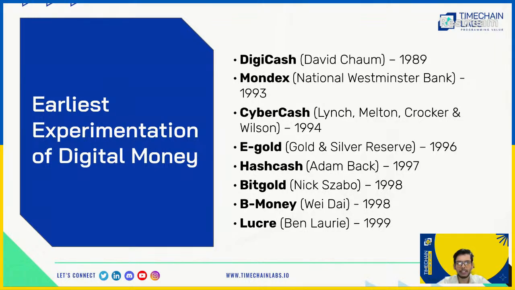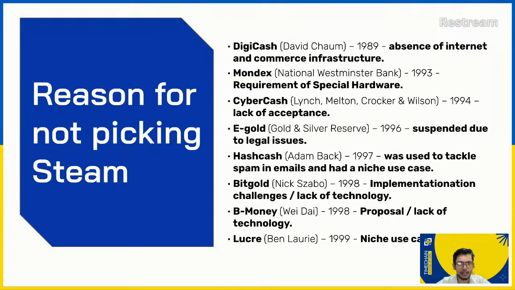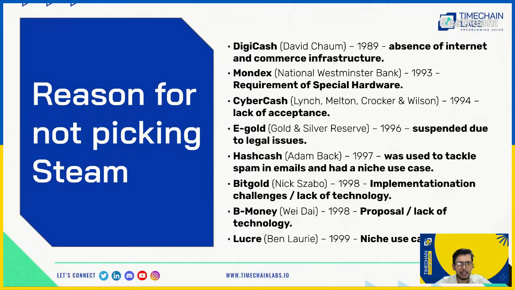That's why there are many properties that are required for a digital cash system to be successful. Now, Bitcoin is what made the dent really well in 2008. But before that, there are different reasons for not catching steam. DigiCash by David Chaum had an absence of internet. It was 1999. It was not that spread, and not that much of an infrastructure was developed of the internet. There weren't that many ISPs, so it couldn't be done. And there are different reasons why it couldn't be done. eGold, as I was telling you about, had legal issues so that it can't be accepted by different governments. They didn't want it, so it was shut down.